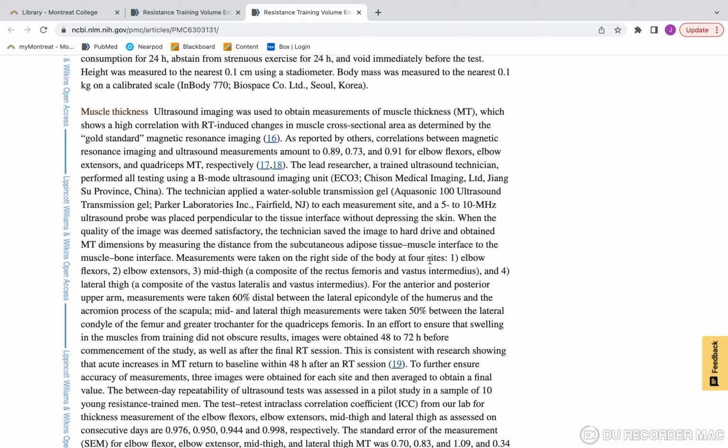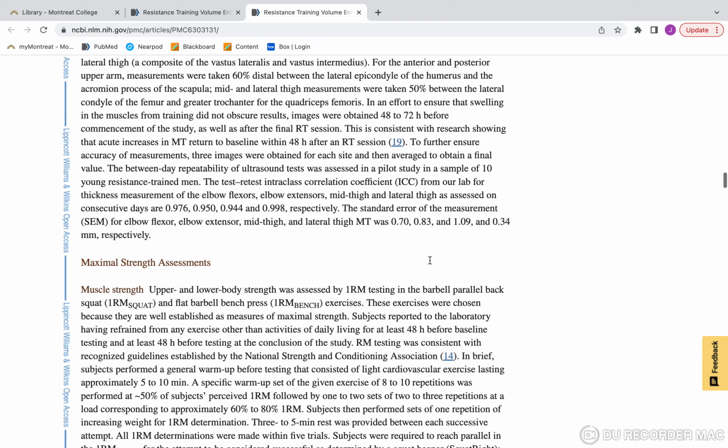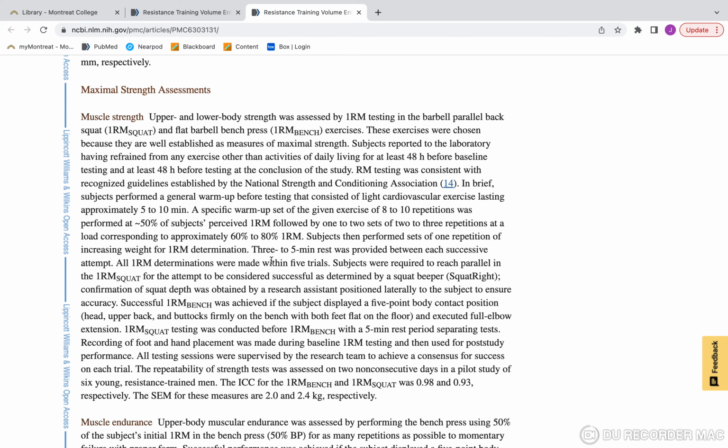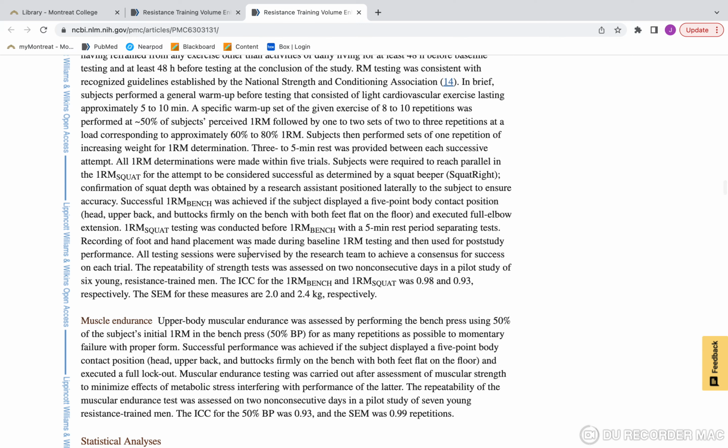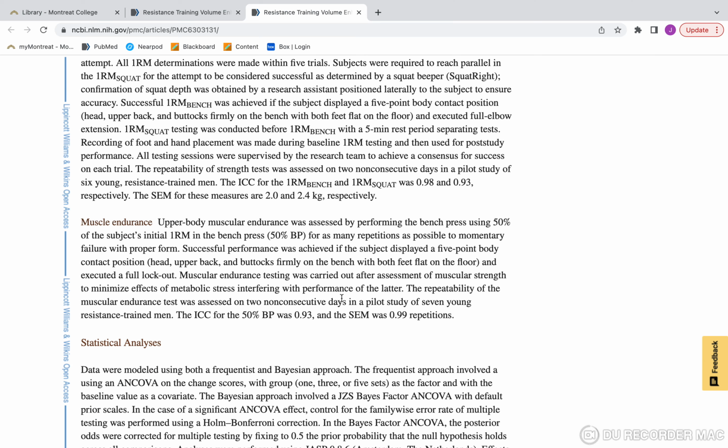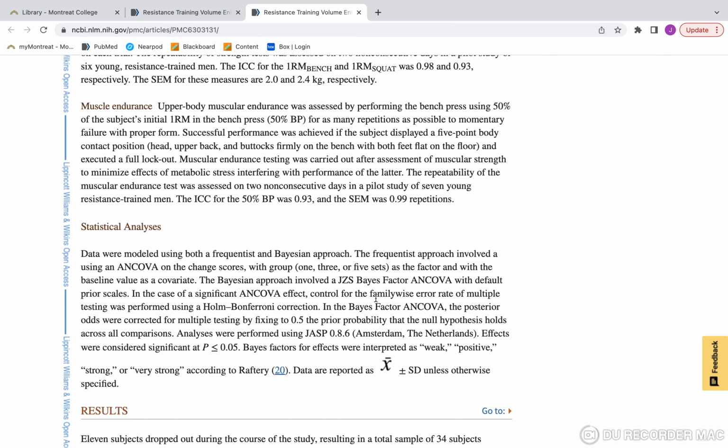In this case, the ultrasound takes an image of that muscle and measures it in a very technical fashion. They did 1 rep maxes, explains how to do that. They did muscle endurance, explains how they did that, and then how they did the stats. So again, no data yet, but now we understand how they did the study. So that's the method section.